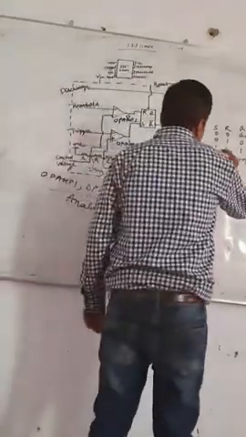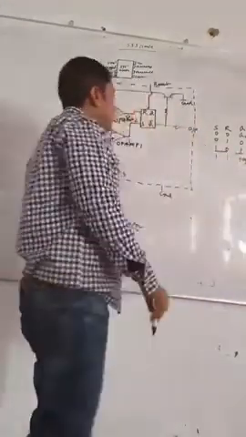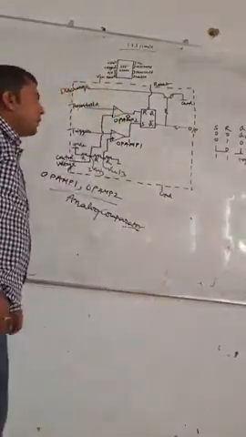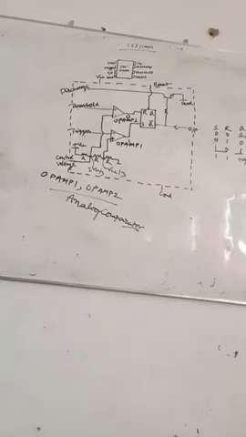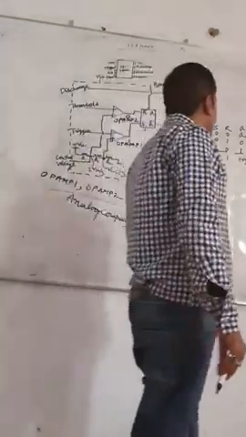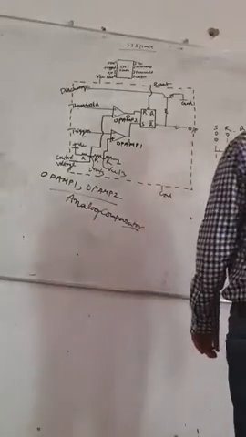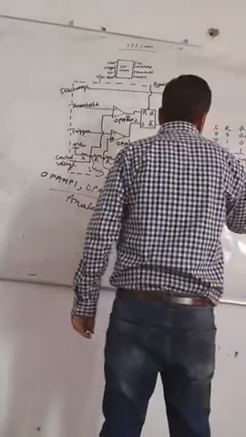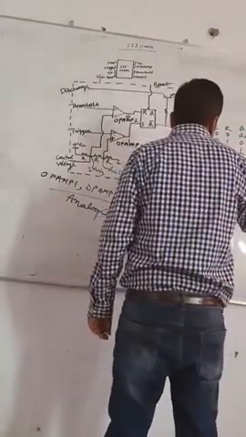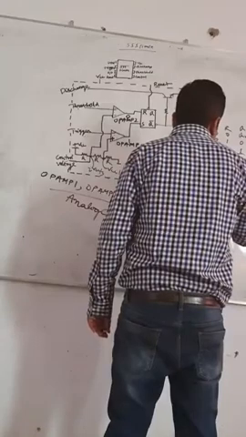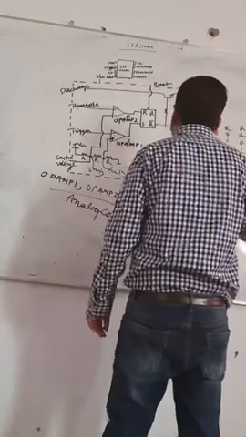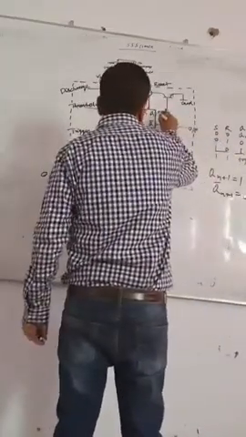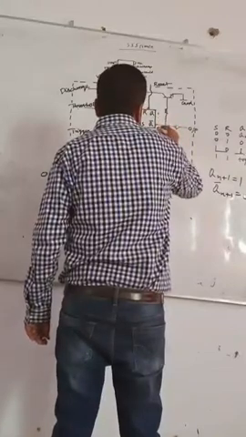What will be the output? Here the concept of digital electronics is important. I have taught you the SR flip-flop, JK flip-flop and D flip-flop. What will be the output of the SR flip-flop if the input is set is 1, reset is 0? So our Qn plus 1 will be 1. If Qn plus 1 is 1, then Qn plus 1 bar will be 0. So Q is 1 and Q bar is 0.